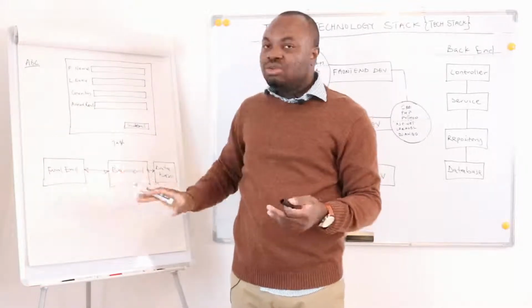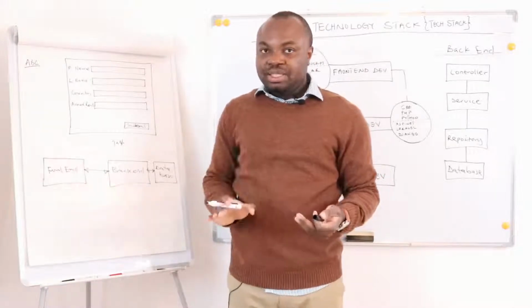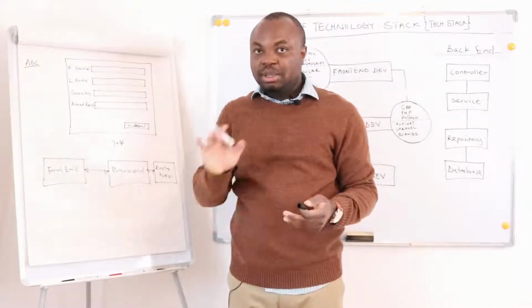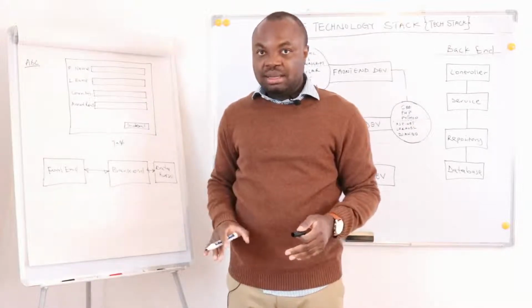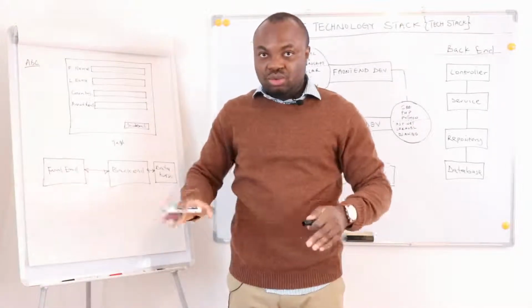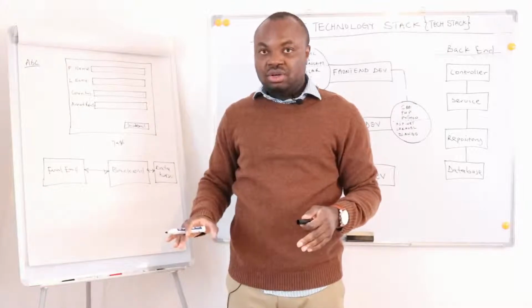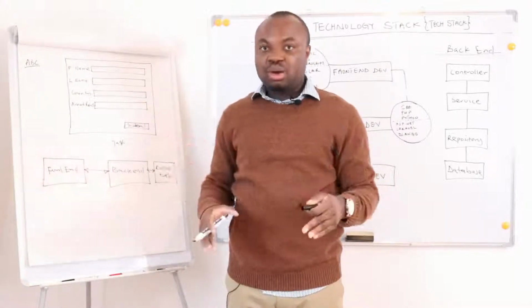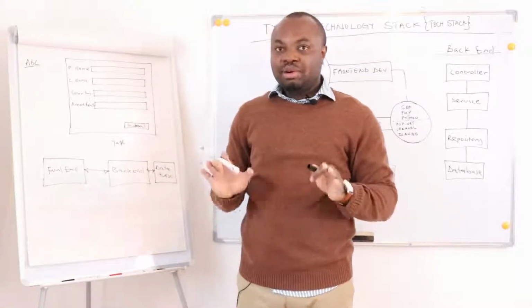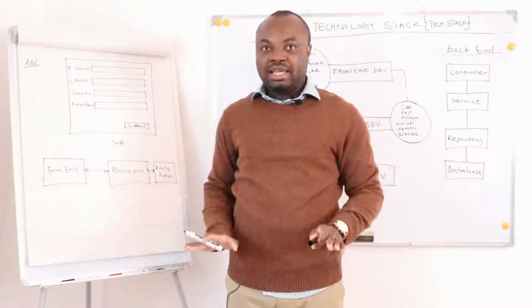So on your back end, you do several things. You implement business rules, business logic, and calculations, you update the model, you update the database, and you check for authorization and authentication of the request that is coming in. These are some of the things you perform. That is what you do at the back end.